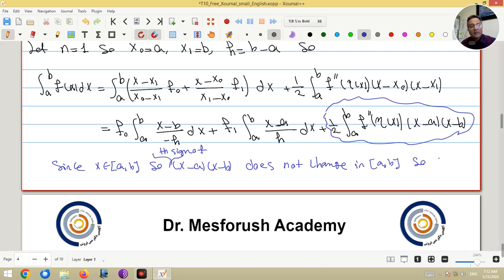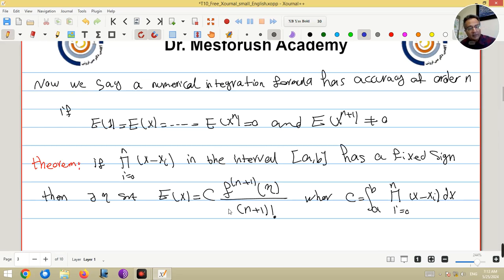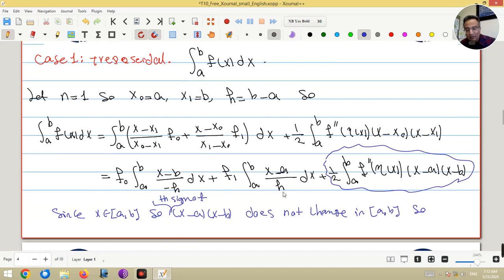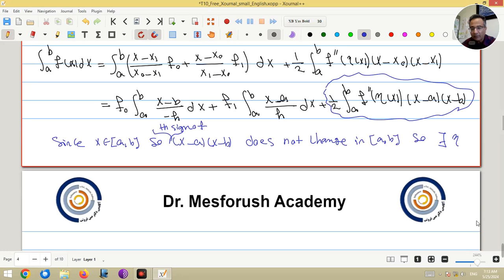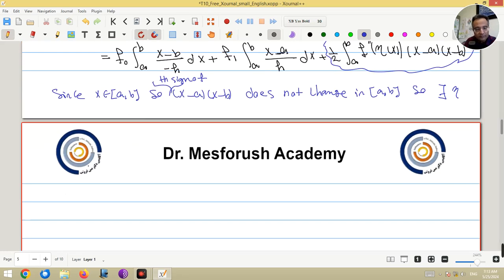So by this theorem, there is an eta in the interval such that